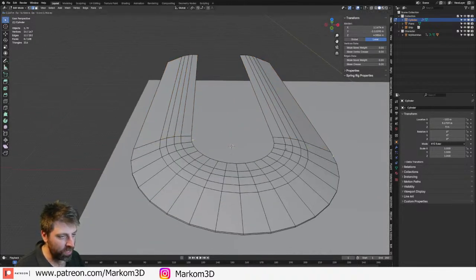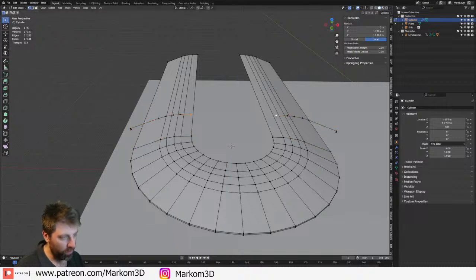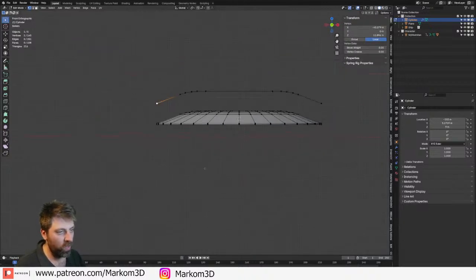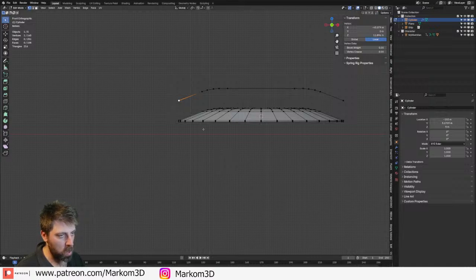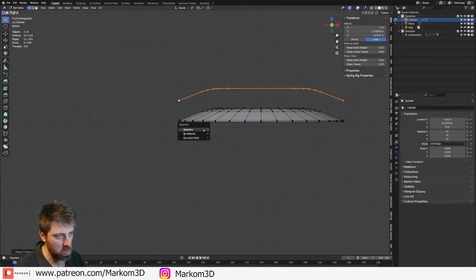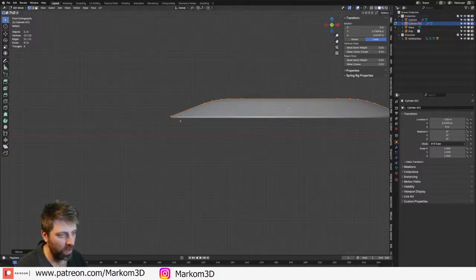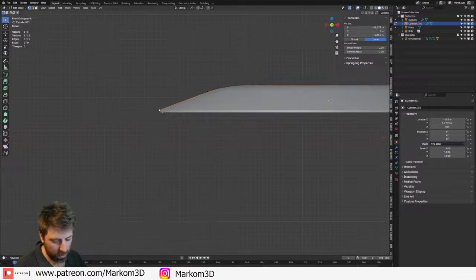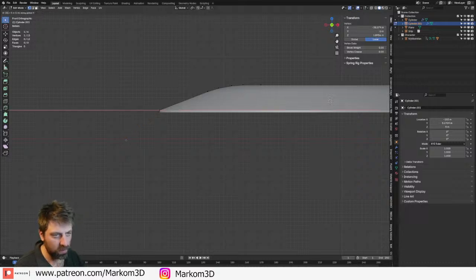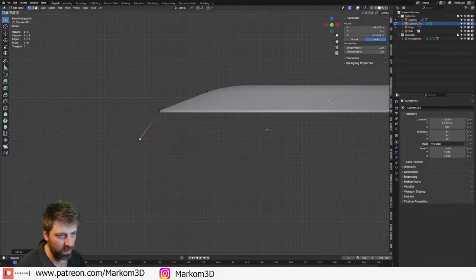Okay. I am just going to work on this building real quick. Let's go GZ 10 just for now. Let's delete these two edges, vertices. Now, how can we curve this down? Let's go P, separate by selection, because I just want to work on this. GZ 10 to the minus. If we were to go E to extrude and then, what's that, 5? X minus? Sure. GZ to there.